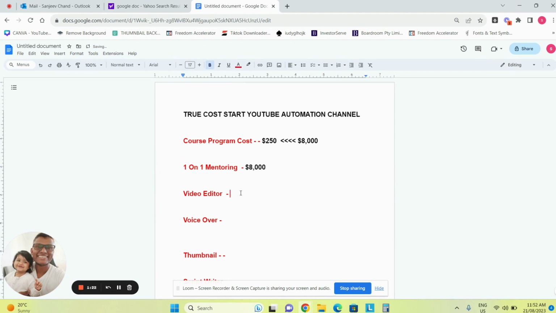Then after that, another cost will be to hire the team. It depends on whichever niche you want to get started with, but I'll tell you the niches where you need the whole team, for example celebrity channels, top 5, top 10, and car channels. You need quality video editors and all those talents, so you can go and get those people hired. For a video editor, you're looking at maybe $45 to $50.